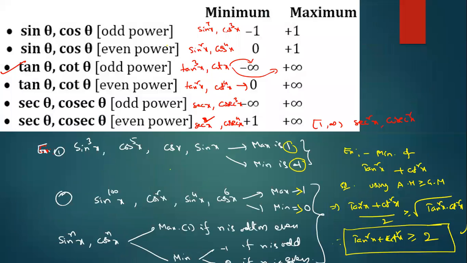So please revise this formula. Sine theta cos theta, sine cube x cos cube x. Like that they can ask, what is the minimum value of sine power 2020 x? Is anyone, what is the answer? That's all. Good. So maximum means same as question 1. So good, that's why I'm giving formulas. Maybe these formulas are very helpful for you.